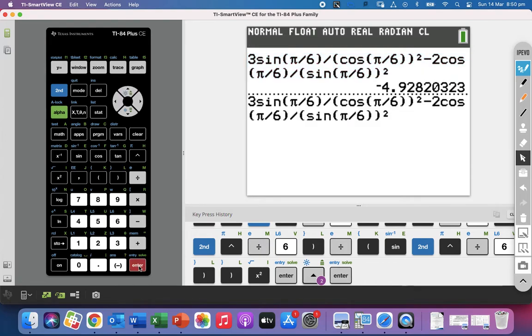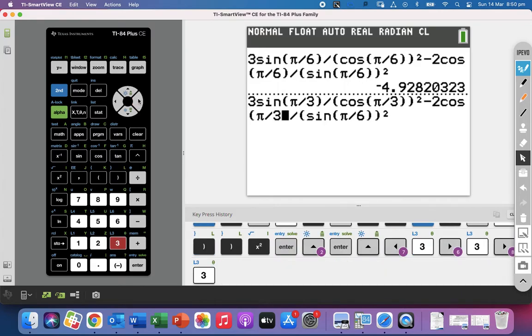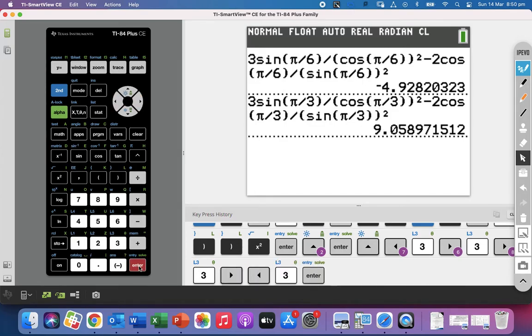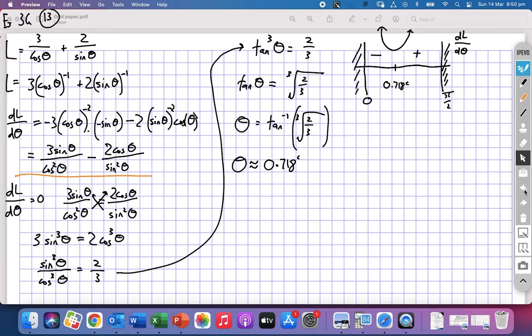We want to be greater than 41 degrees. What about if we go to pi on 3? So just find all the 6's, make them 3's. That's 60 degrees now. And I think that's a positive number, yep. That's a little confusing actually. We're finding a minimum length. But if you stop and think about it, it does make sense. It is the smallest length that's going to exist